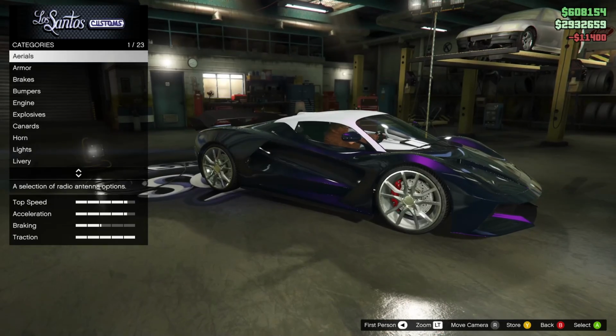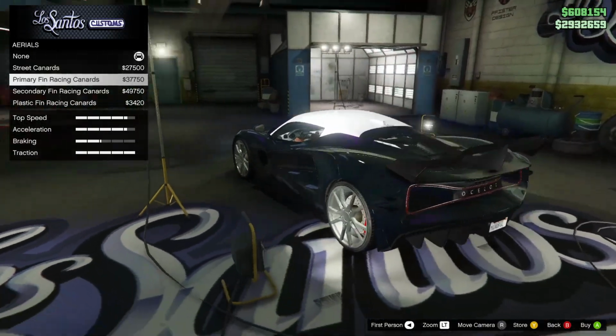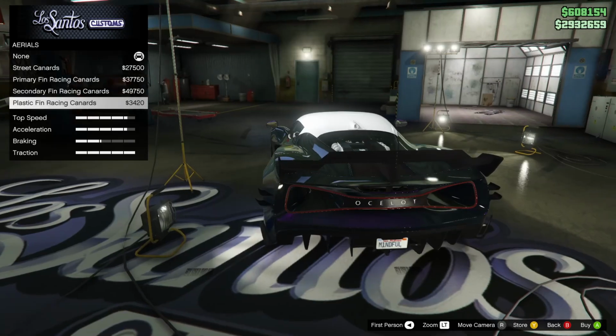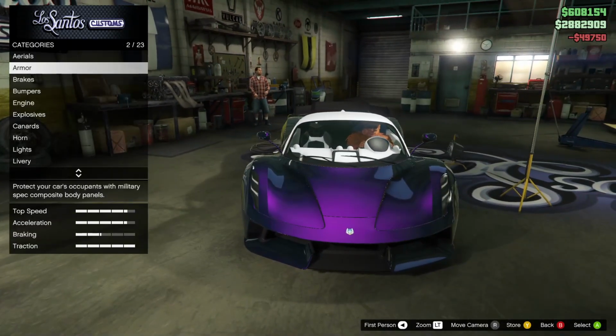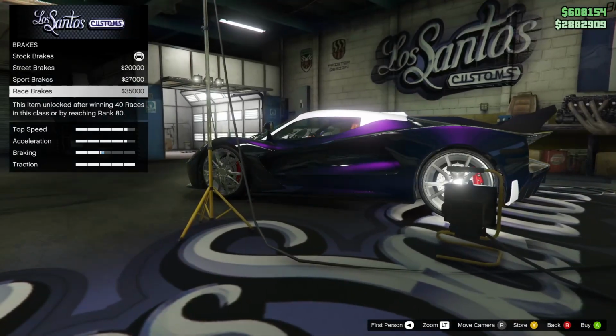So let's go back to the aerials. All right, so you have street canards, primary racing fins with canards, secondary racing fin with canards, and plastic racing fins with canards. I'm going to go with the secondaries. Armor, just normal armor. Brakes, we're going to go ahead and